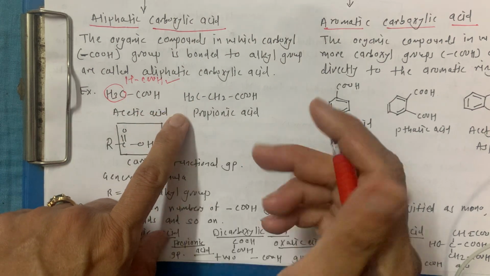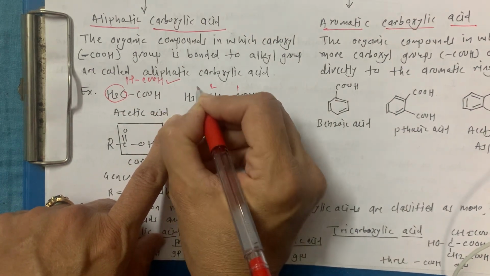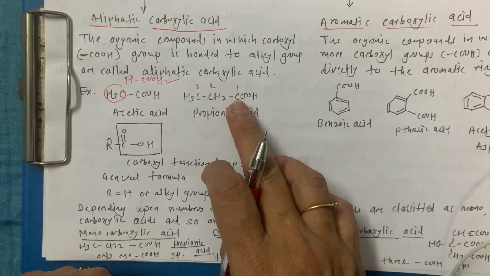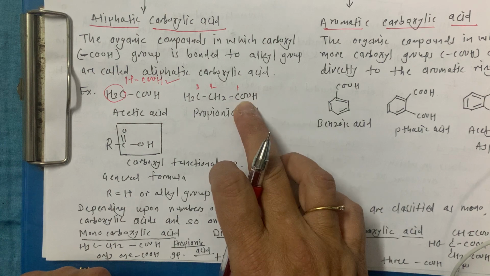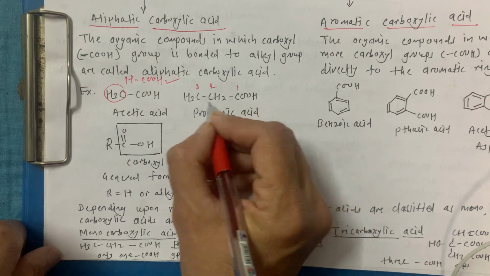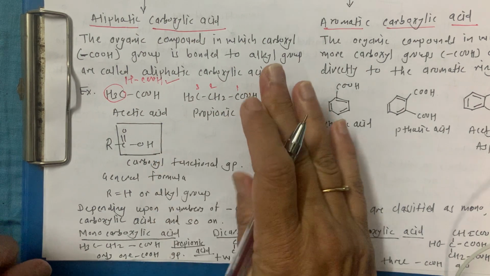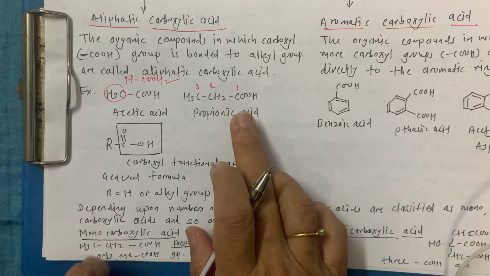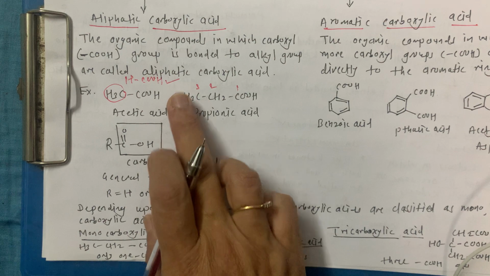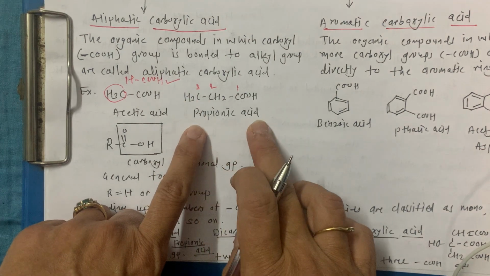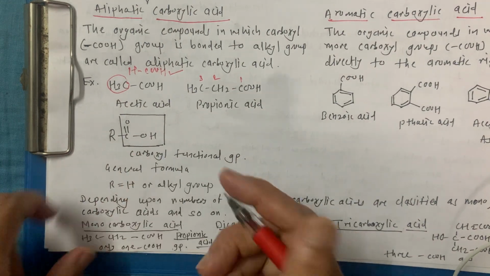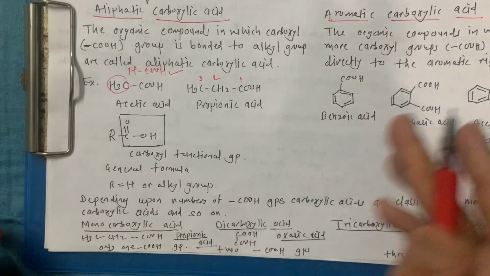With 3 carbons, when there is a carboxyl functional group like this, we have to count that carbon also from the functional group. This is not something different. We have to count all the carbons present in the compound, not just these 2. We have to count this one also. So there are 3 carbons, 1, 2, 3. So this is known as propionic acid. And we know that this is the carboxyl functional group.